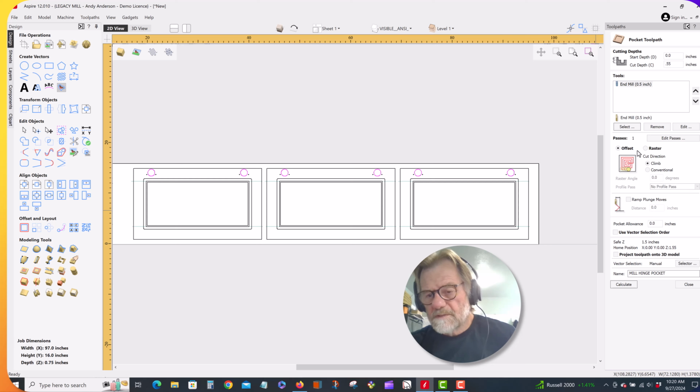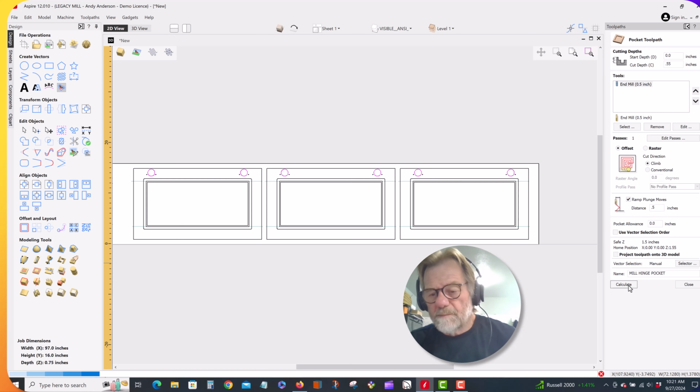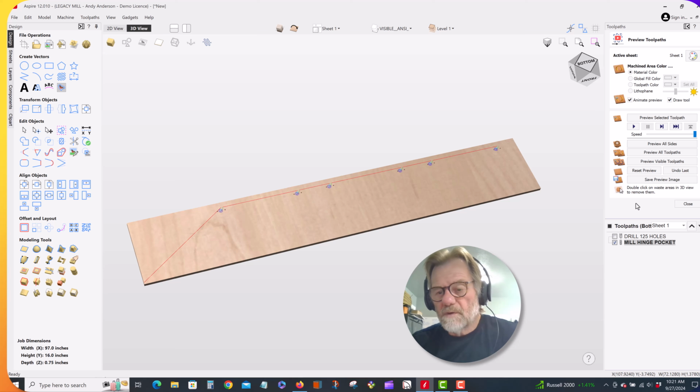All right, now this is going to raster or cut. It'll start in the middle and work its way out. If I do the raster cut, it will go back and forth. When I'm doing round pockets, I usually go this way. I also like to plunge my ramp moves. It's not necessary in most cases, especially in MDF, but we're going to use that ramp. And I'm going to preview that. And now you can see that we're getting closer every minute to being ready to go in the shop and